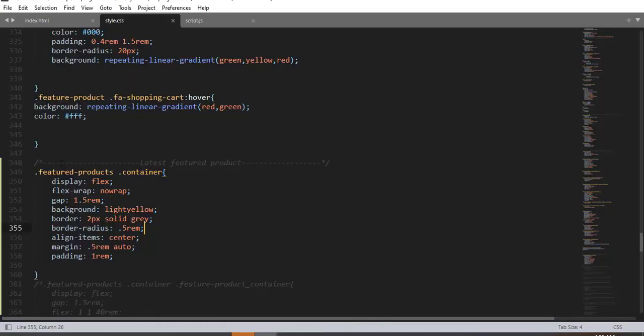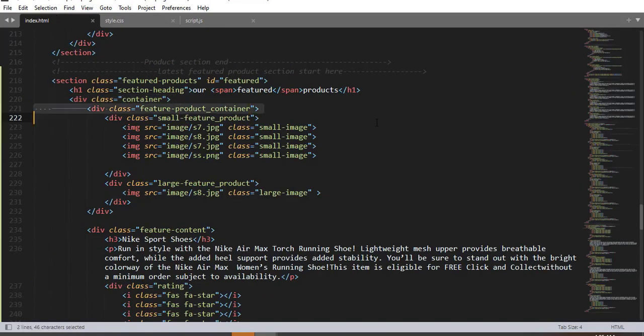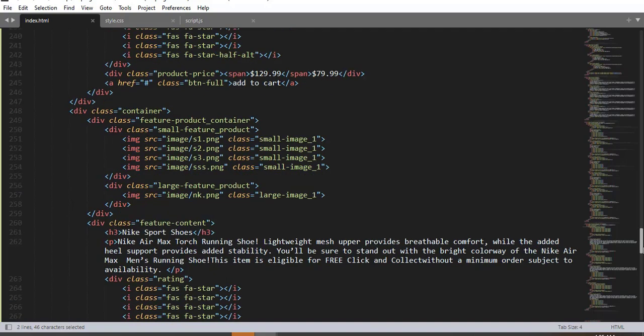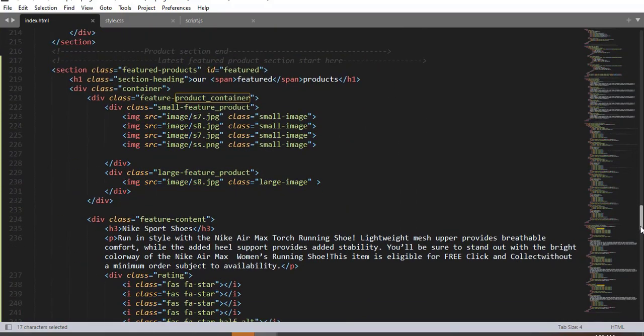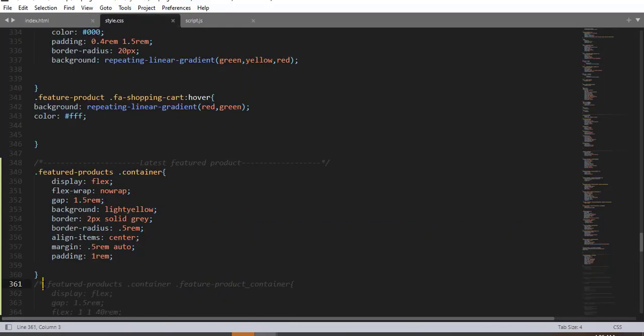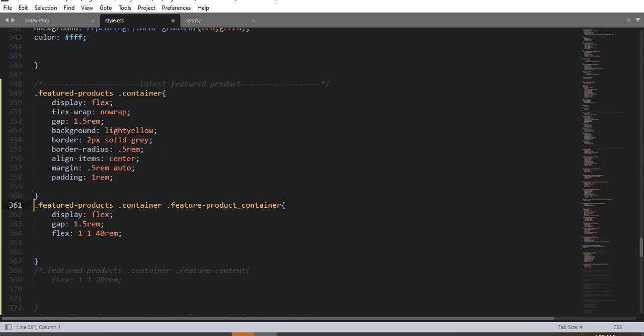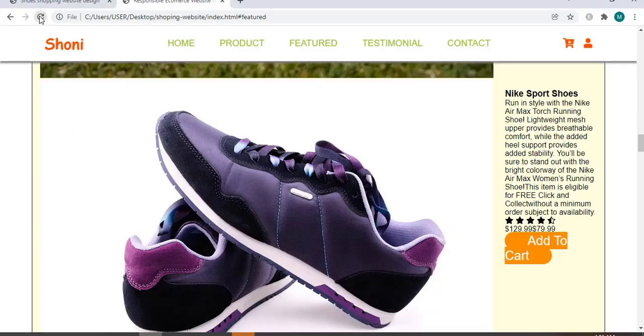So come over here and again using this class selector, feature product container, here we have a class selector. Using this class selector right here, let me add some property value pairs. Here we have display flex, gap 0.5 rem, flex 140 rem. So when I save and refresh,